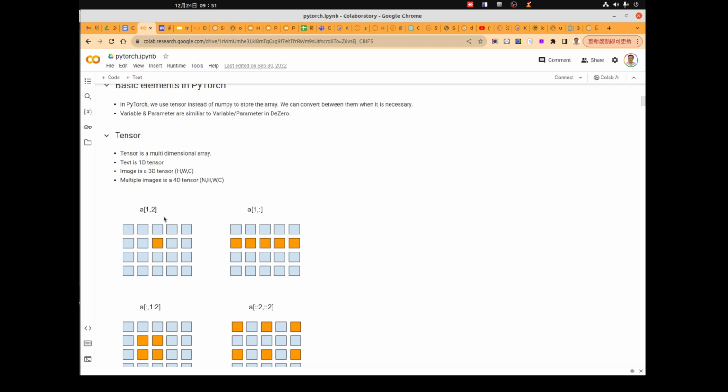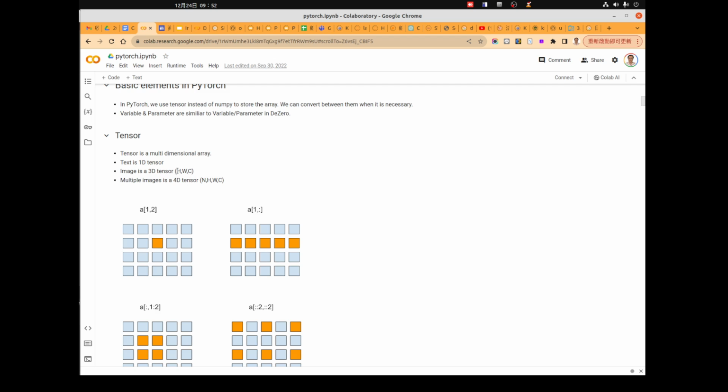A tensor is a multi-dimensional array. Text is a 1D tensor, because there's only letter by letter in an array. An image is actually a three-dimensional tensor because we have RGB color.